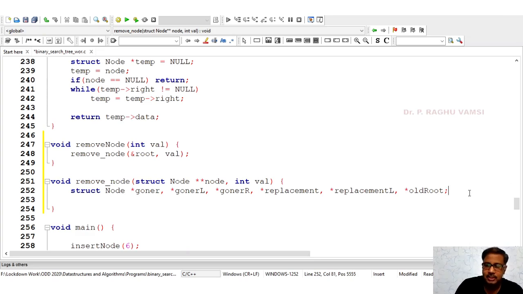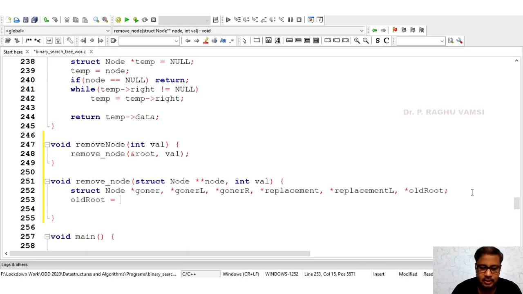These are the temporary pointers. Initially, old root is equal to star node, and replacement L is equal to null. This is the initialization.